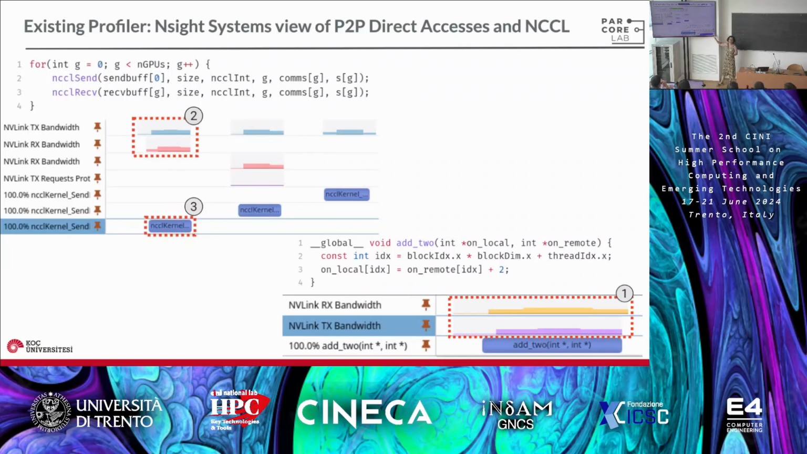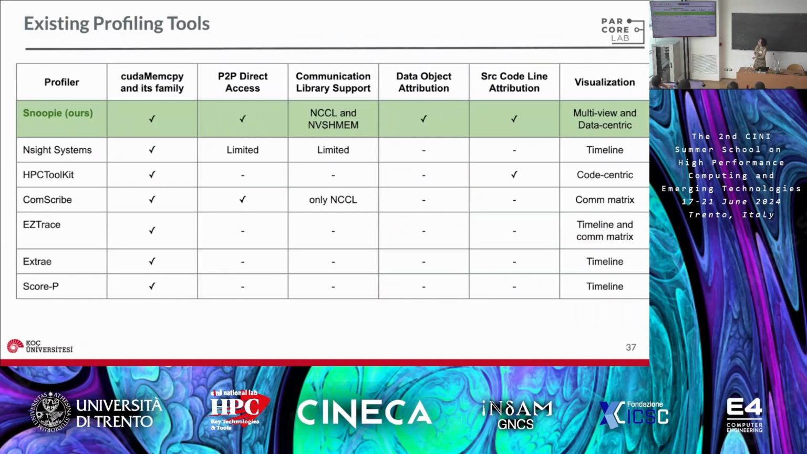Arguably not very useful for the programmer, because it just shows some bumps and activity in the NVLink, but it doesn't really tell the end user, a programmer, who was the target GPU, who was the source GPU, how much data moved, which objects were involved in this data movement, or where the source code line is, etc. So out of need, as I said, we needed more information about this, and we developed